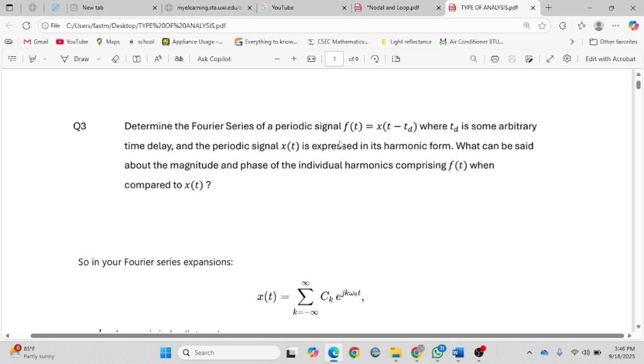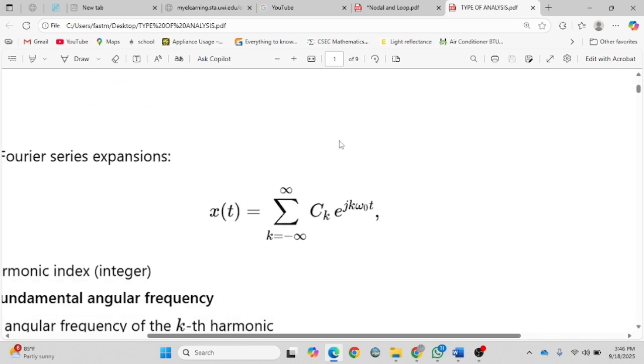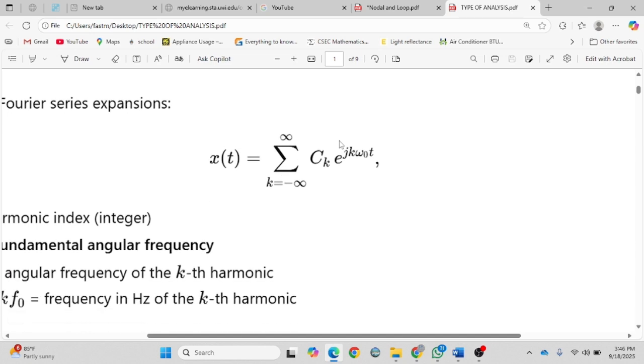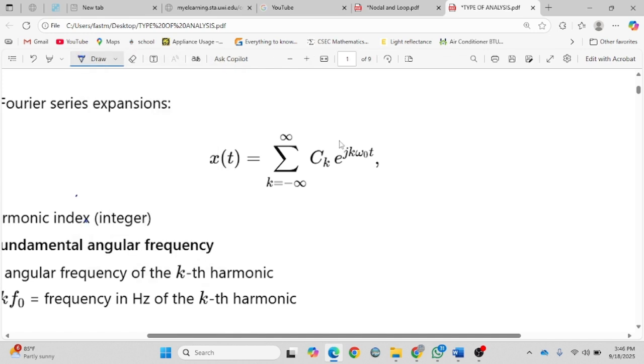So first thing we do is that we have to use this equation for x at t. I'll make one change with it. We'll want to add in the phase of the harmonic. So just add a plus phi here, because for each signal you have a magnitude spectrum and you also have a phase